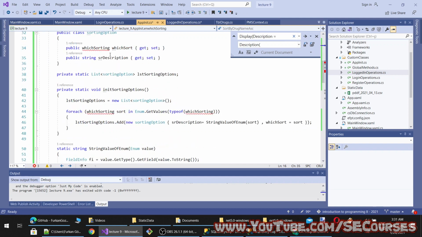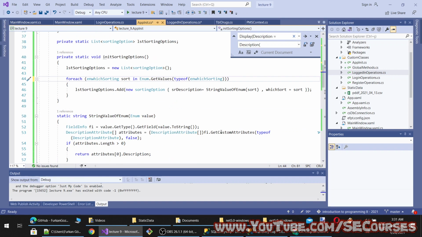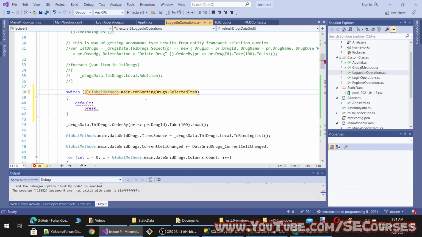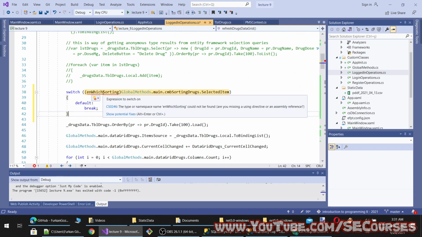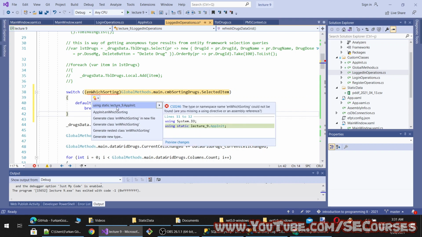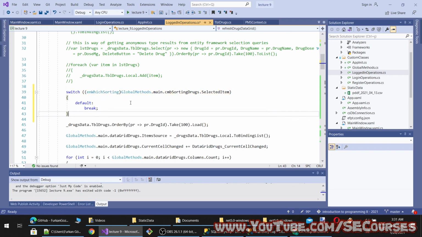Yeah, and here we will change them. Okay, let's make the width bigger. And here maybe like this. Okay, to be able to use it, I am going to add using static lecture app in it.